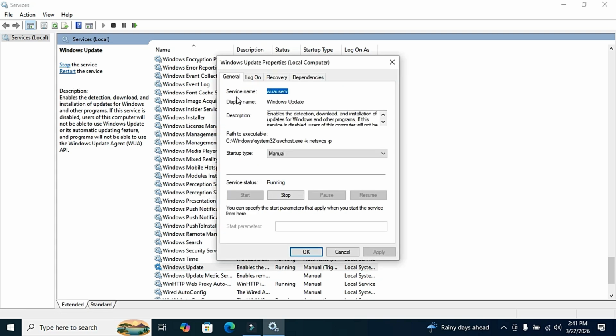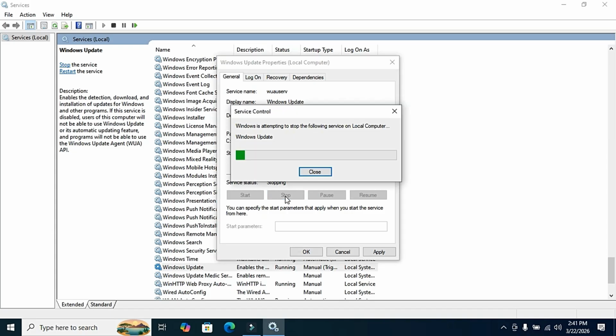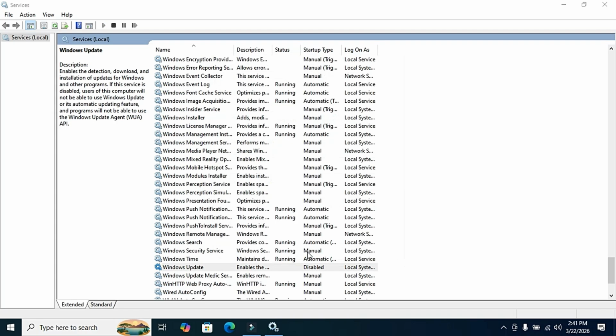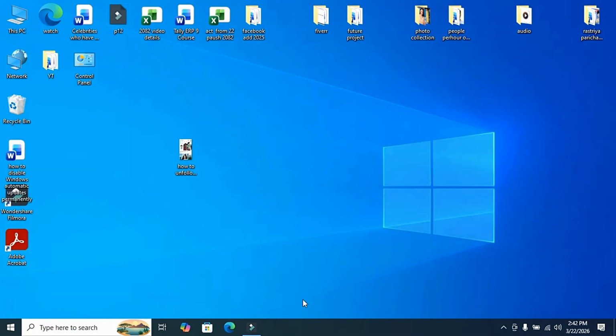In the General menu you will see the startup type here. You choose Disable and click this Stop option, yes, and click Apply and OK. Close this window. Next step, in the search bar type